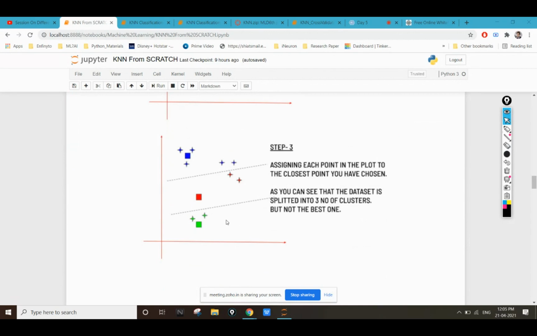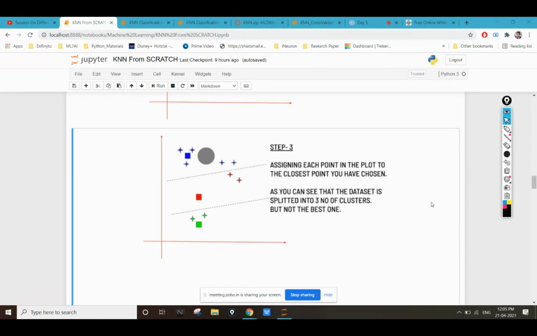Now we see that we had assumed this red centroid point to be here, but the points which are classified in the red category are here. So we'll move this centroid from here to this particular position, in the middle of these points. We'll move this green to this upper portion, in the middle of these 2 points, and we'll move this blue to somewhere in the middle here, at this particular position, so that we move this blue point into the middle again.